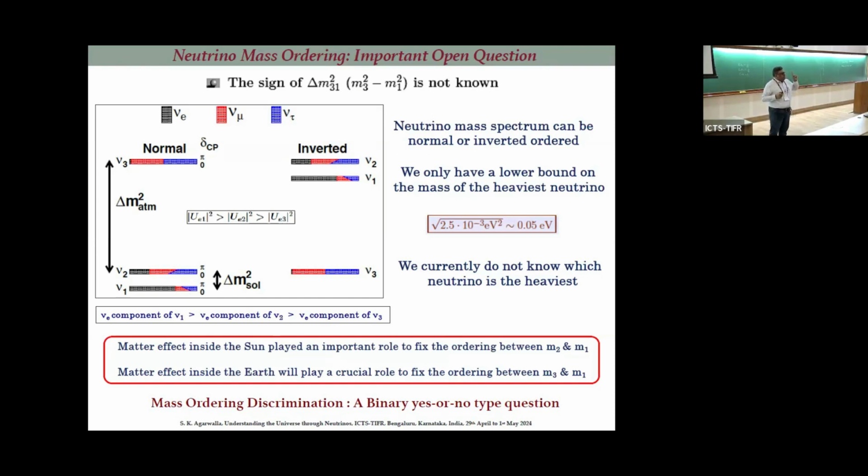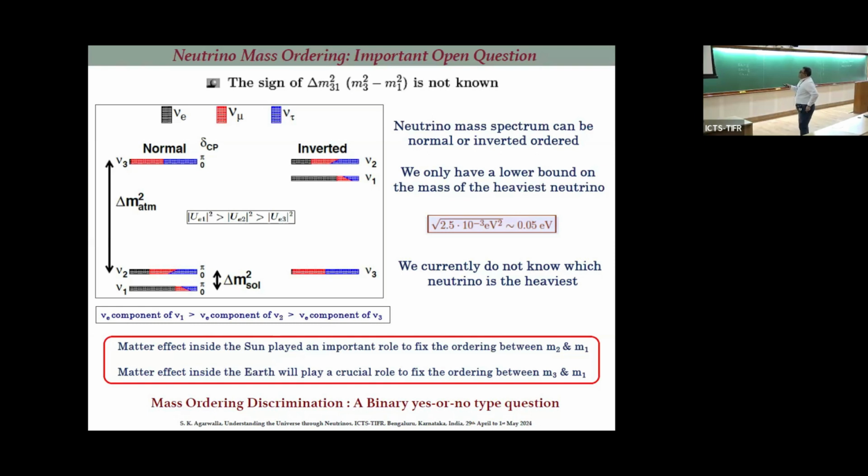Number one. Okay? And how to resolve that? I told you, we are lucky that theta 1,3 is non-zero and it is not that small, like a few degrees. It is almost close to 10 degrees. And let us try to appreciate during my lecture how this non-zero value gives you a handle to resolve this question in long baseline experiments or atmospheric neutrino experiments. So the target is very clear. Okay?